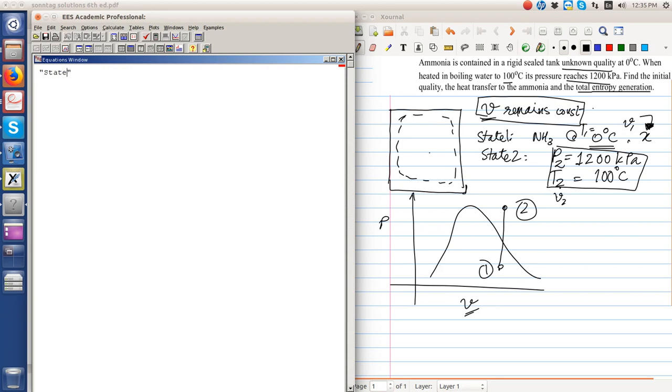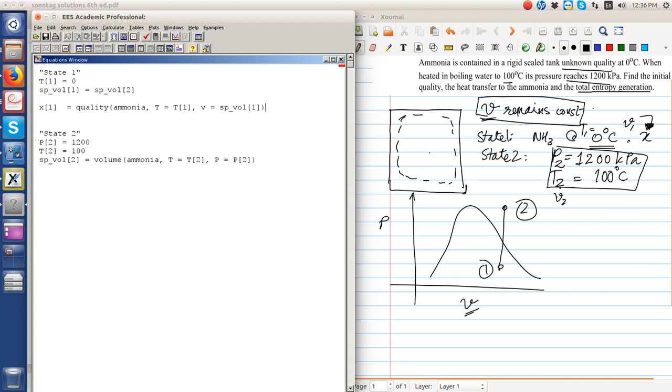So state 1, T1 is equal to 0. State 2, P2 is equal to 1200, T2 is equal to 100. So the specific volume at state 2 is equal to the specific volume of ammonia at T equal to T2 and P equal to P2. So the specific volume at state 1 is equal to the specific volume at state 2. So the quality at state 1 is equal to the quality of ammonia at T equal to T1, V equal to the specific volume at state 1. This will give us the